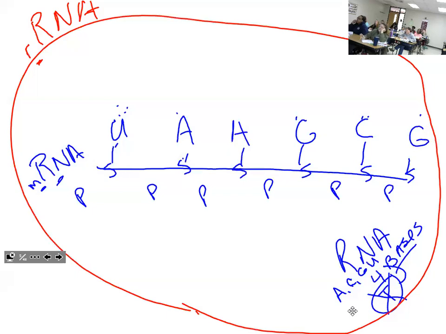To really understand translation, how this messenger RNA comes to a ribosomal workbench and gets somehow translated into a primary structure of amino acids, it's going to take a third type of RNA that we need to know about. That third, don't write this down, you listen. That third type is called transfer, a little t, RNA. That little t stands for transfer, but you could think of it also as tiny,